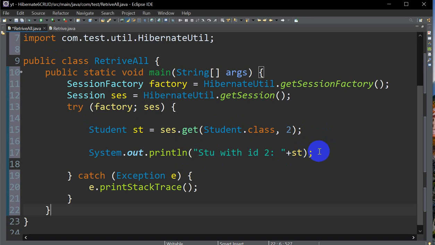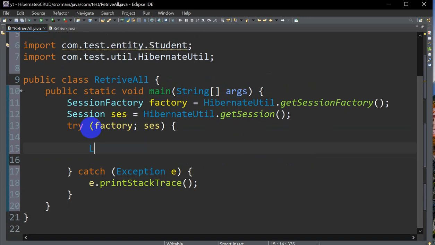Now here we want all the students, so here we'll take a list of student, list equals to